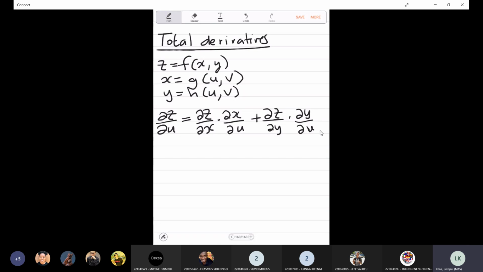So this is how we work out the total derivative if z depends on x and y, and then x and y also depend on some other parameters. And similarly, the partial derivative of z with respect to v is the partial derivative of z with respect to x times the partial derivative of x with respect to v, plus the partial derivative of z with respect to y times the partial derivative of y with respect